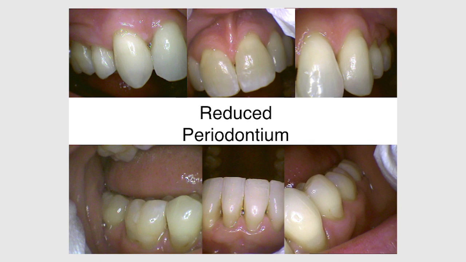This client is considered to have a reduced periodontium, and this means that this particular client has some reduction of tissue level related to recession, but has not lost bone. So it's less than a 15% bone loss. And that would be stated because they don't have all of their tissue, like your other client that we showed you initially, so this would be a reduced periodontium. So just recognizing that they have less tissue because of the recession that they have. But they can also achieve health. So that's pretty cool. It's very cool.